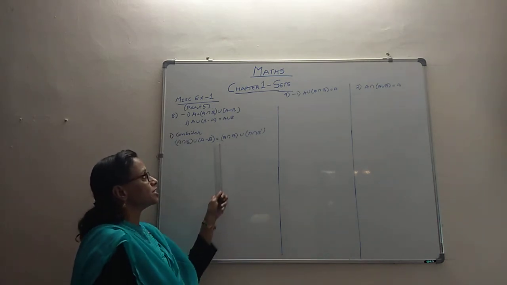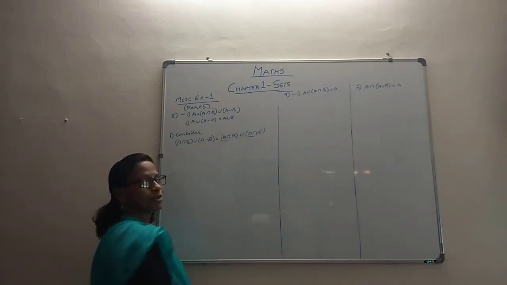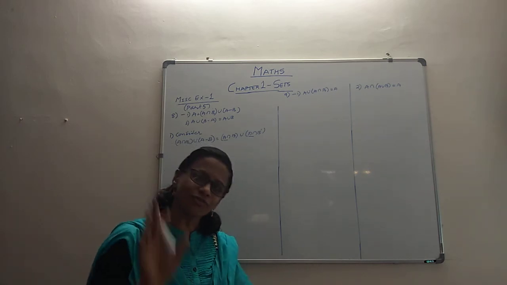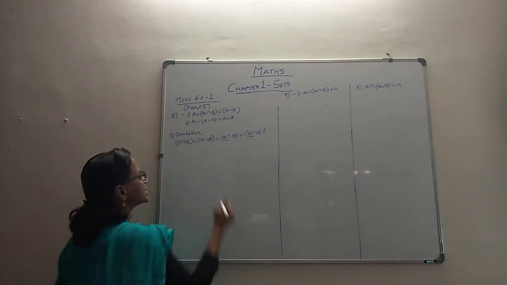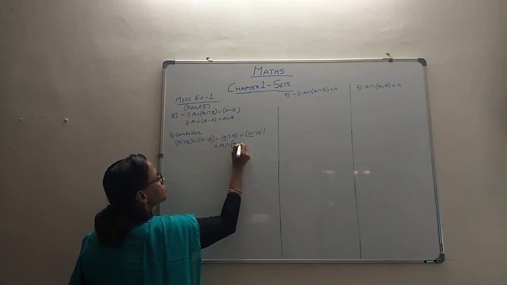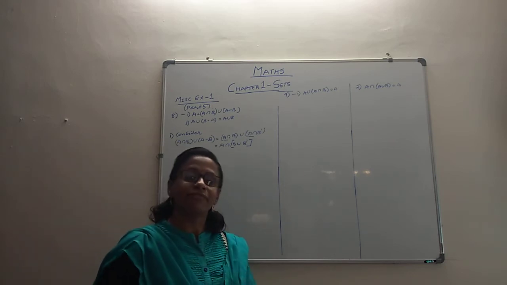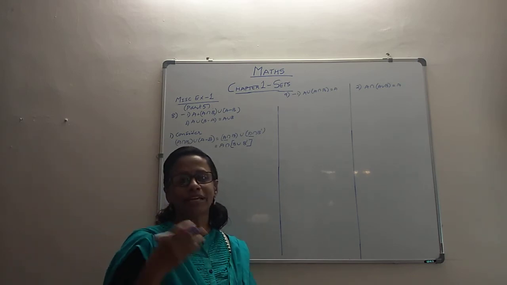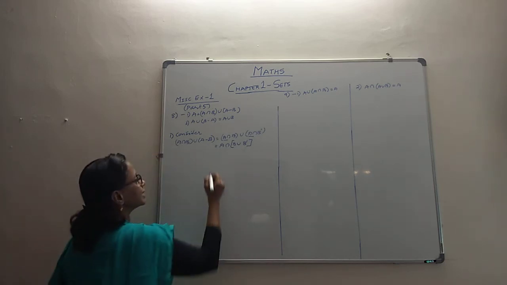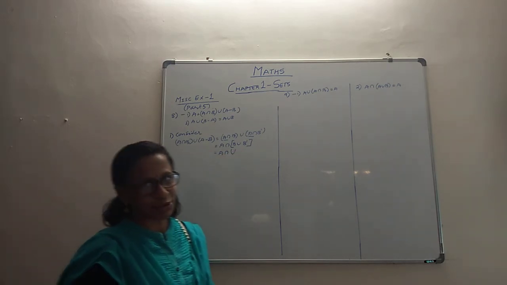Now what is the advantage? When we have it like this, we see that A intersection is common in both the cases, like how we used to do distributivity. The same distributive property is here, so we can use our distributive law. A intersection is common, so we take it out. The uncommon terms remain inside the bracket, and they are B union B complement. We have learnt our laws and we know that B union B complement is the universal set. So automatically this becomes the universal set.